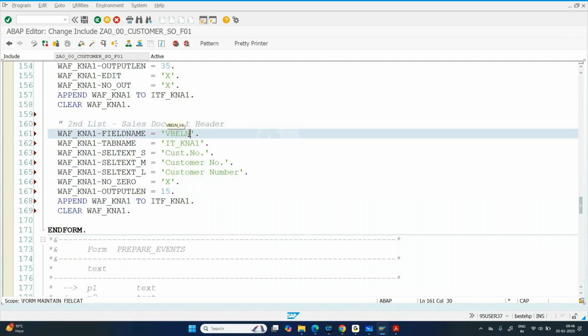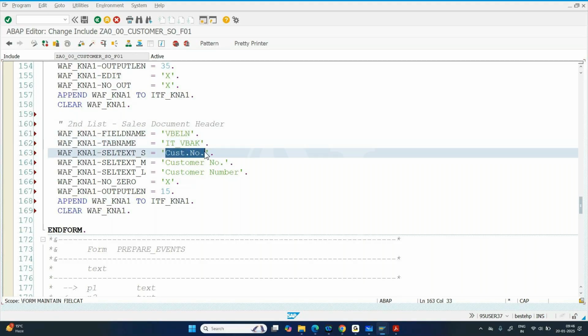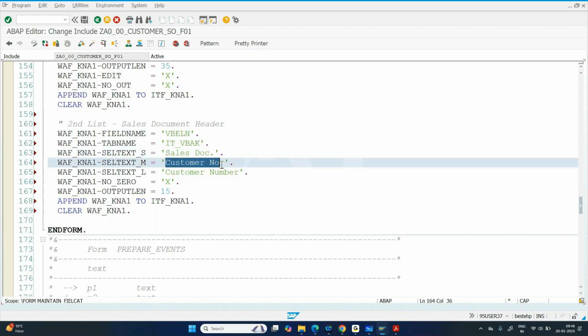I told you that even if you do have the issue with any of the column, you need to prepare this field catalog internal table completely. Half structure, half field catalog internal table, it never going to work for you. Okay, and this belongs to the second table, VBAK. What heading you are expecting? I can say sales document. Here also I want the same thing,